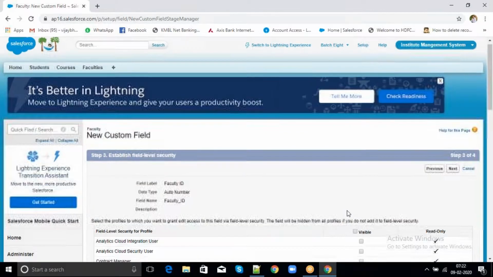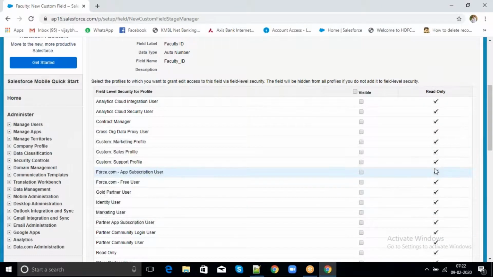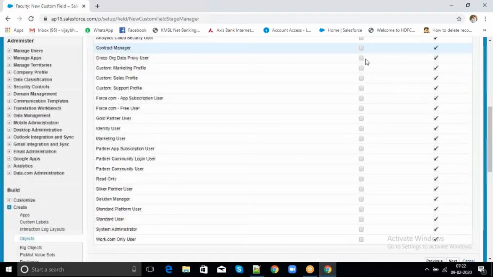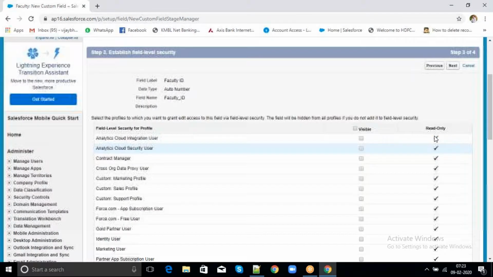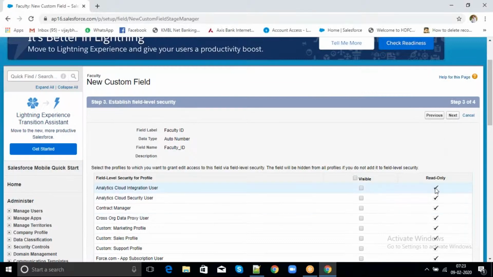See, by default it is displaying read only. Why? We can give permission for the profiles. We are getting edit, but by default it is checking with read only. We can't remove this permission. Why?